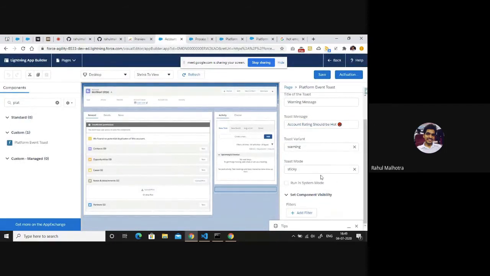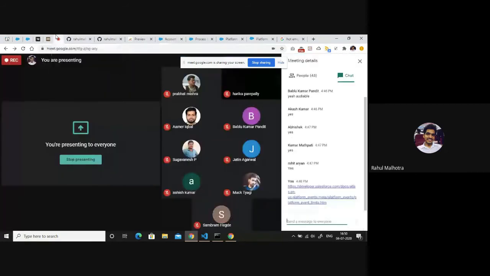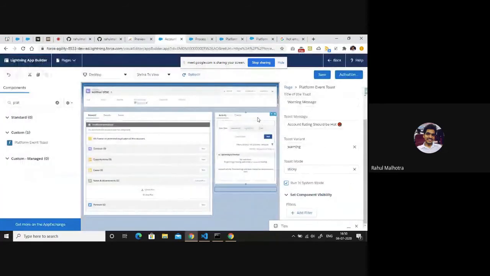Okay, so apart from that, you can also run your process builder or the platform event toast in system mode. So in system mode, what will happen? It will not actually check for the user, and it will show the platform event, or I can say the toast event, to everyone that is present in your org as an active user. So in case you want to embed the component in your utility bar, let's say, and you want to show a message to all the users that are there in your org, you can simply run it in system mode, and it will be visible to all the users. In that case, it won't be user specific; it will be a system specific message or warning message. So you can try out the system mode also, and you can let me know how it's working.